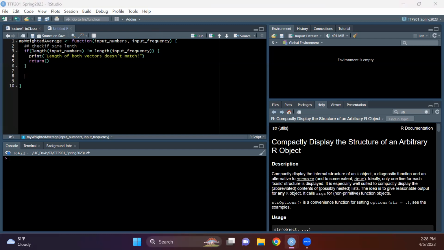So then after you check whether they're the same length, you would want to do a scalar product of these two vectors. And then you'd want to divide by the total number. So okay, scalar product is multiplying the vectors. And we learned from last class that we can